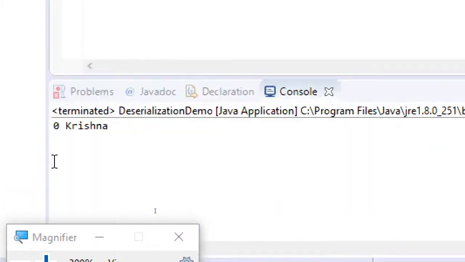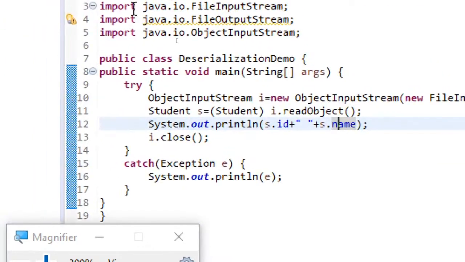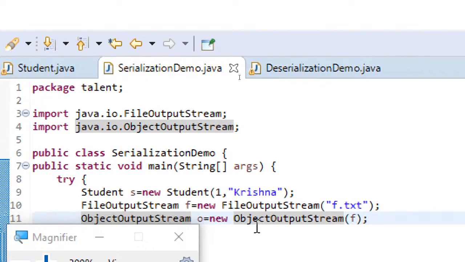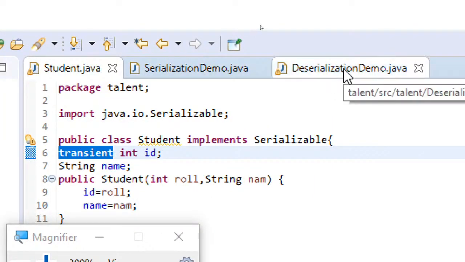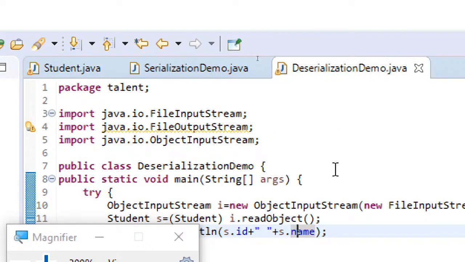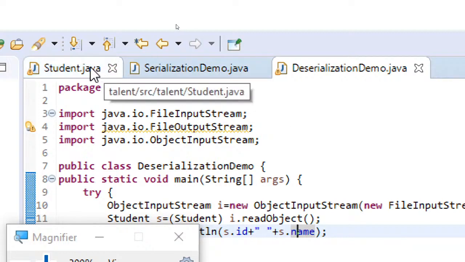Yeah, here you can see again 0, because by default we know that all instance variables will be initialized to 0 if they are integers, and 0.0 if they are float or double. So we know that fact. That's the reason, even though we are setting id as 1, since I am using static or transient keywords, they cannot be part of the serialization process. That is the reason when you are performing deserialization, those values are not retrieved. Instead, default values are only being set. So this is the point to be noted here.